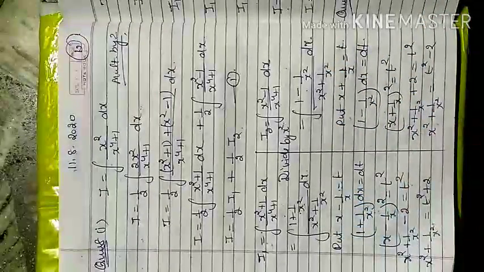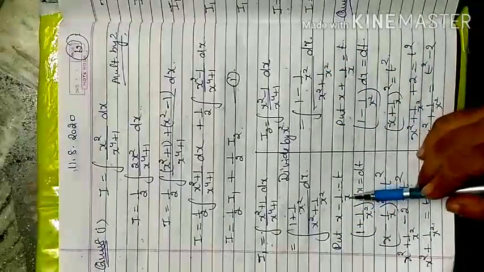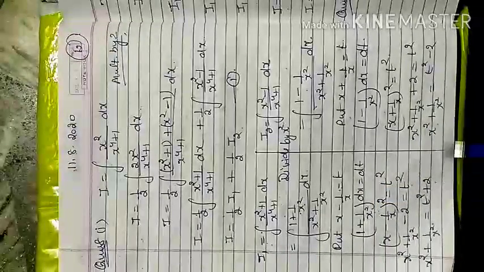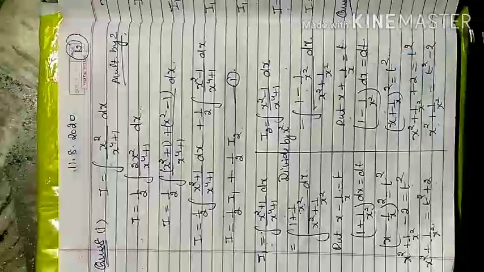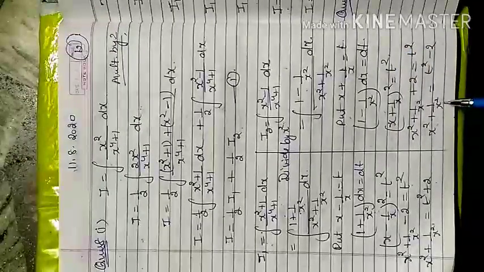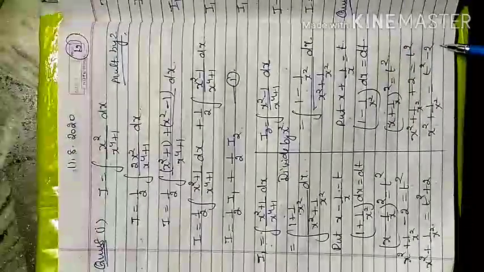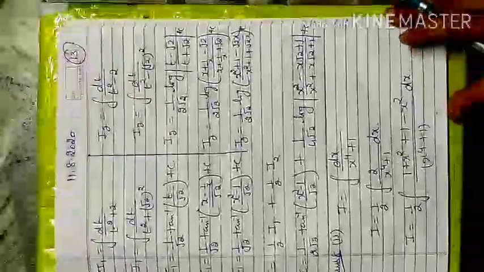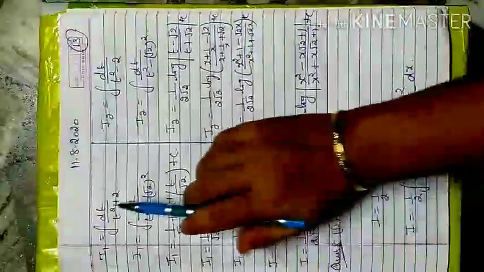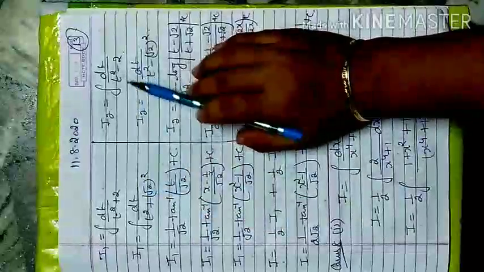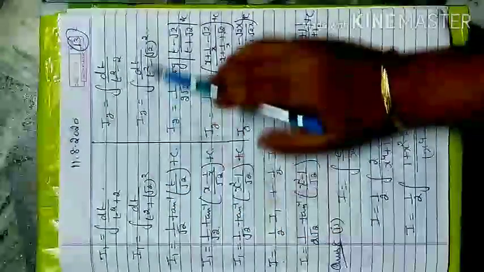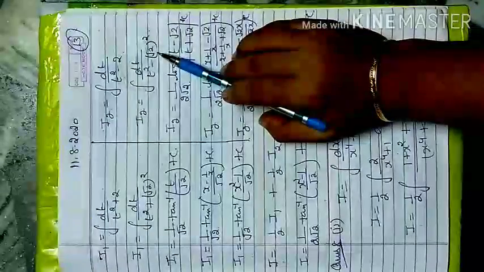Now for the denominator changes to t, we go with the perfect square of this equation. I can get x square plus 1 by x square is t square plus 2, and here when I go with the square of this, x square plus 1 by x square is equal to t square minus 2. Now I replace these two terms in the t form. So here dt by t square plus 2 and dt by t square minus 2. Now this 2 changes to root 2 whole square and this 2 also changes to root 2 whole square.